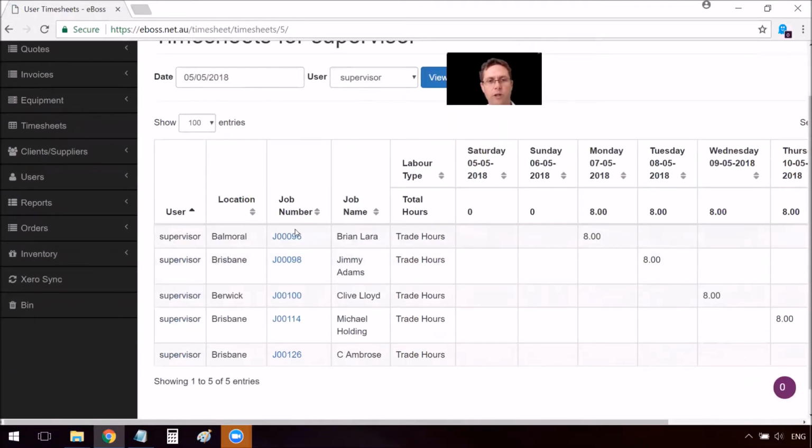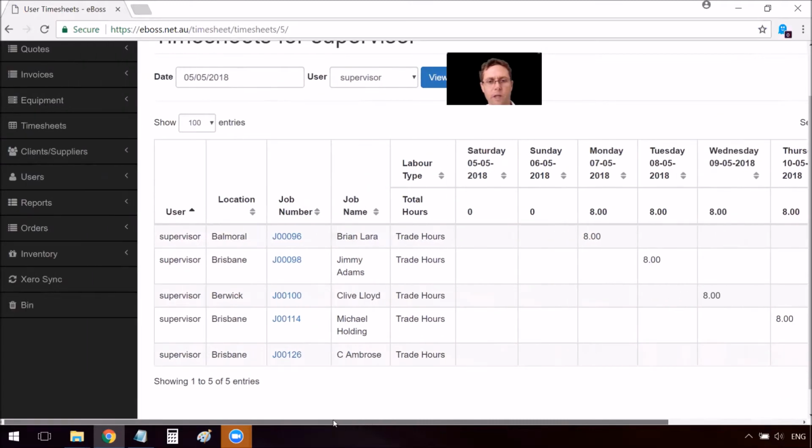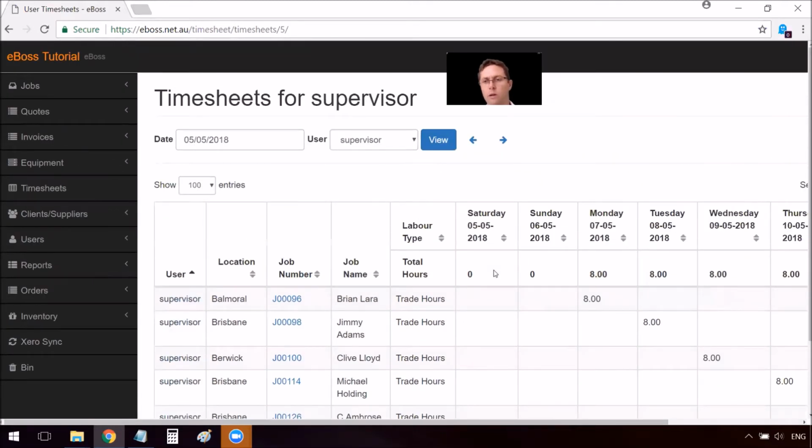We've got the location, we've got a hyperlink of the job number. We can go into that job and have a look if we like. We can scroll across the bottom here to see the data on the end. Again, fairly simple data table and should make life very easy when you're collating who's done what hours and whether